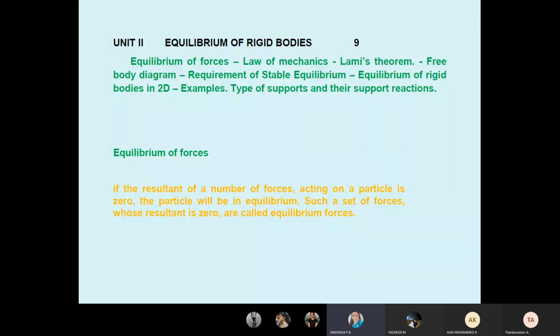Equilibrium of particles. Then couple, what is a couple? Clockwise and anti-clockwise couple, and torsional force. Then Lami's theorem, and then Varignon's theorem. And problems based on that. Okay. So whether you studied or not, all the students know the topics. I'm happy now. Now we are moving to the second unit.